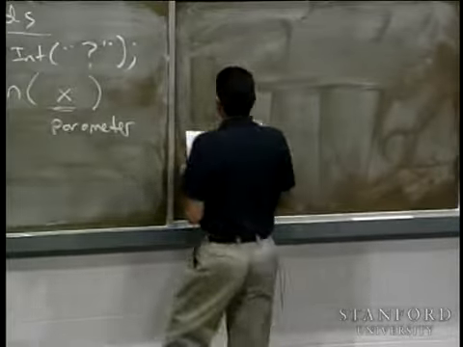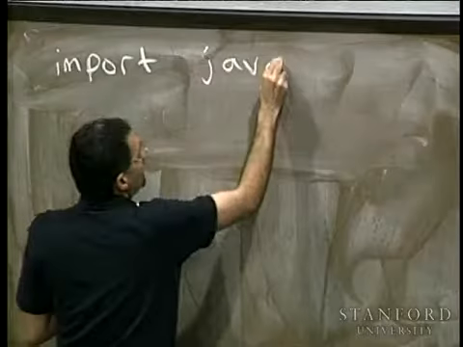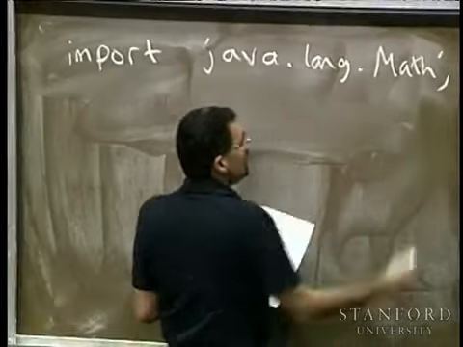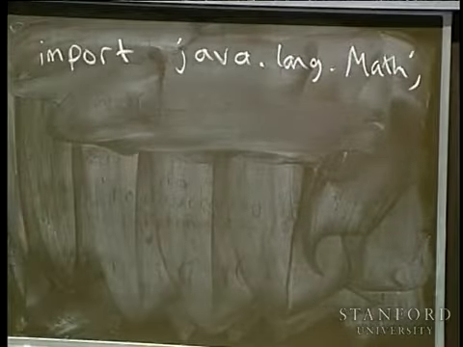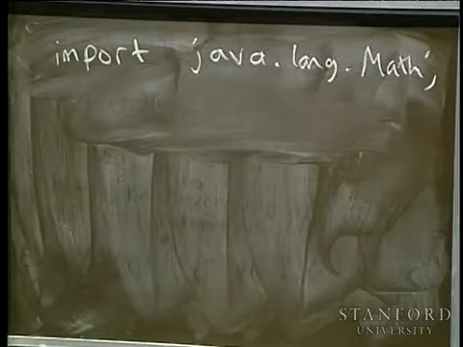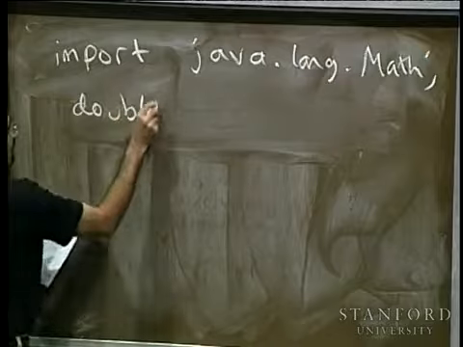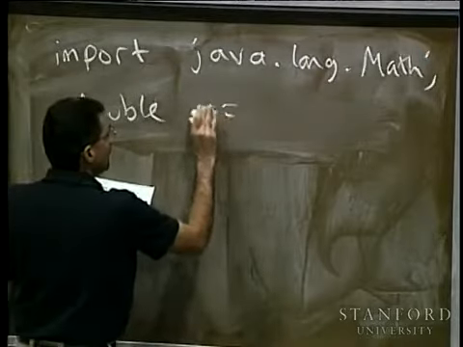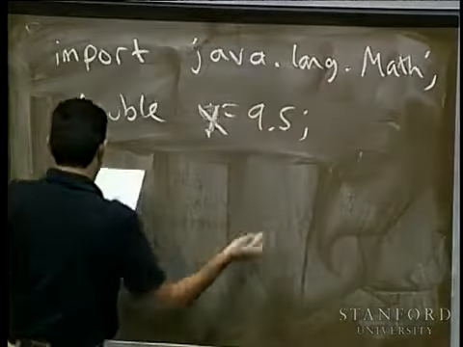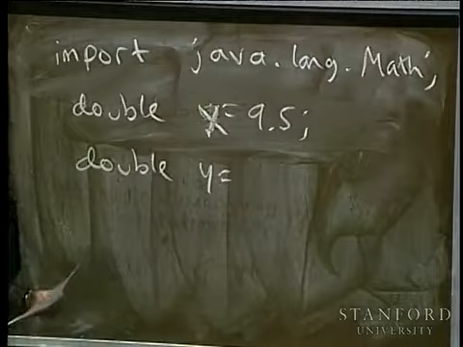about some mathy functions, and it turns out there's this thing you import called java.lang.Math, and there's a bunch of mathematical functions you get in the Java world for free. Some of those are, for example, a function you might be using on this next assignment, like square root. So if we have double x equals 9.5, and then I might have some other double y, and I want y to be the square root of 9.5,